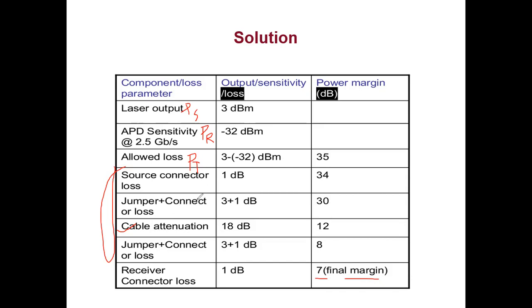Okay, a little bit here and there they will change the scenario, but whatever scenario they change, they have to keep the power margin from 6 to 8 dB. If the final answer comes as 15 dB, 3.5 dB, or 2 dB, it means somewhere you have made a mistake in understanding what the question is, or the subtraction went wrong somewhere. Okay, so is this problem clear to all of you?